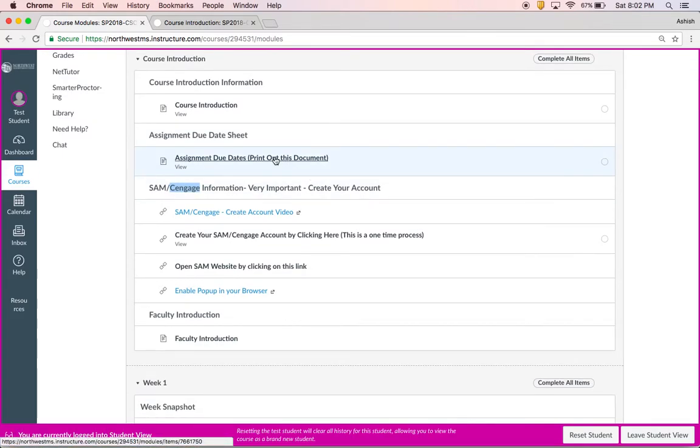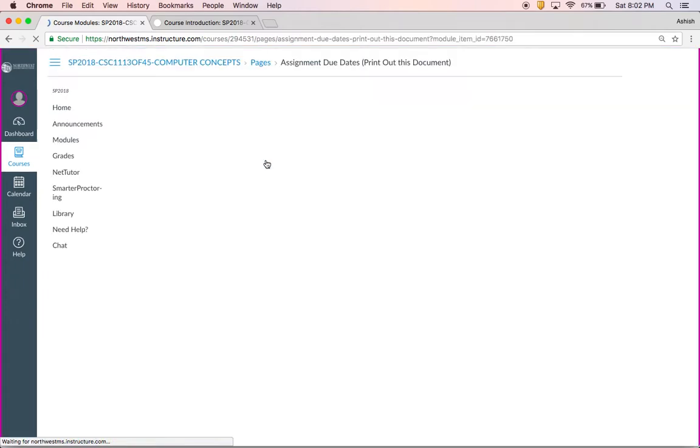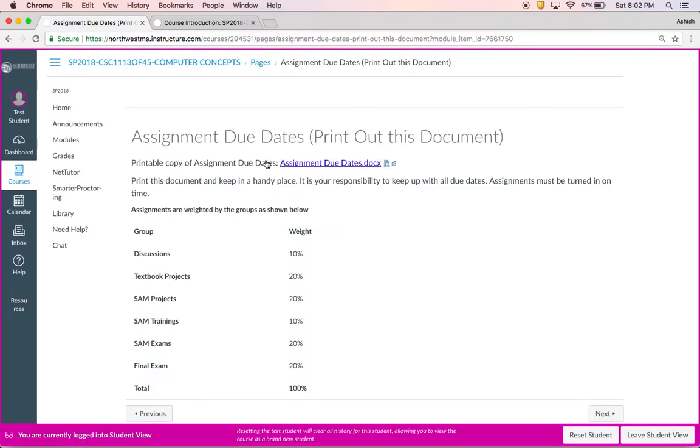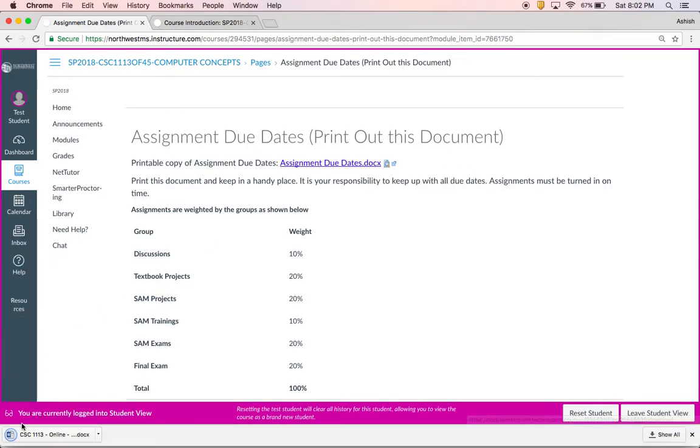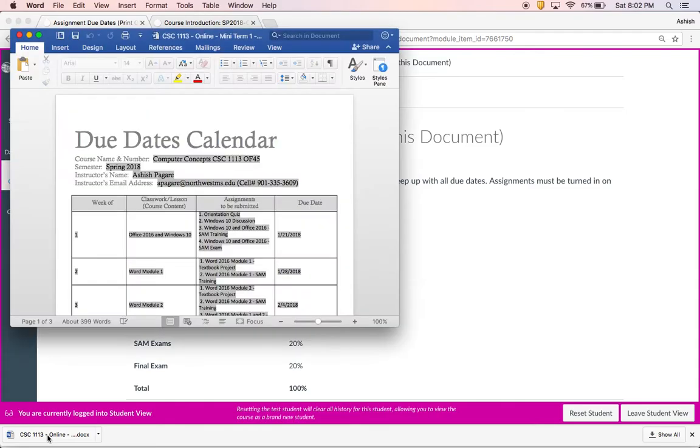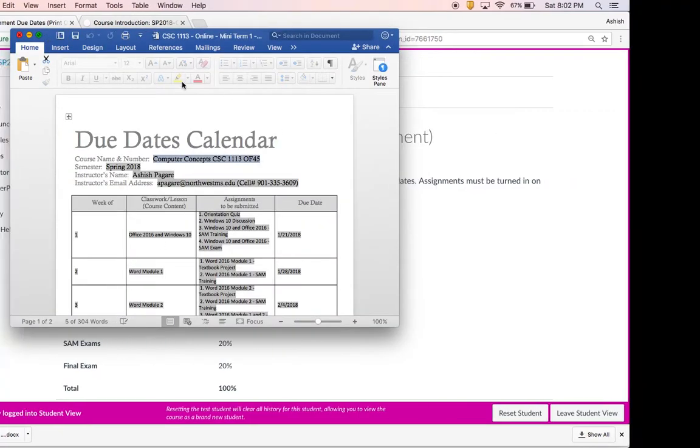Here is the assignment due date document, the same document. You can click on it and it will download to your computer. I am using a Macintosh computer, MacBook, so it looks slightly different. But I'm using Google Chrome, nothing different. And if you download it, it will come down. You will be able to see it. You can maximize it and take a look.